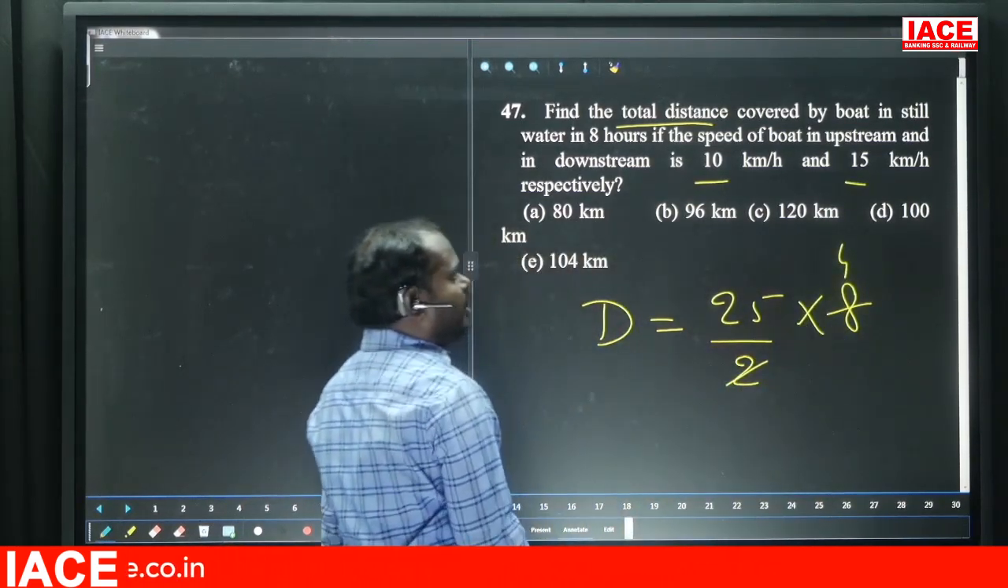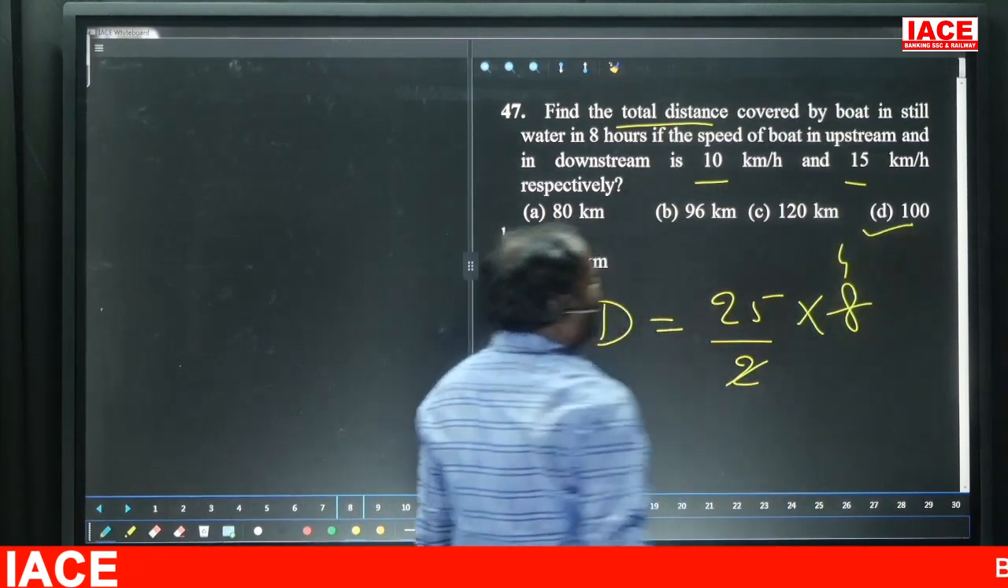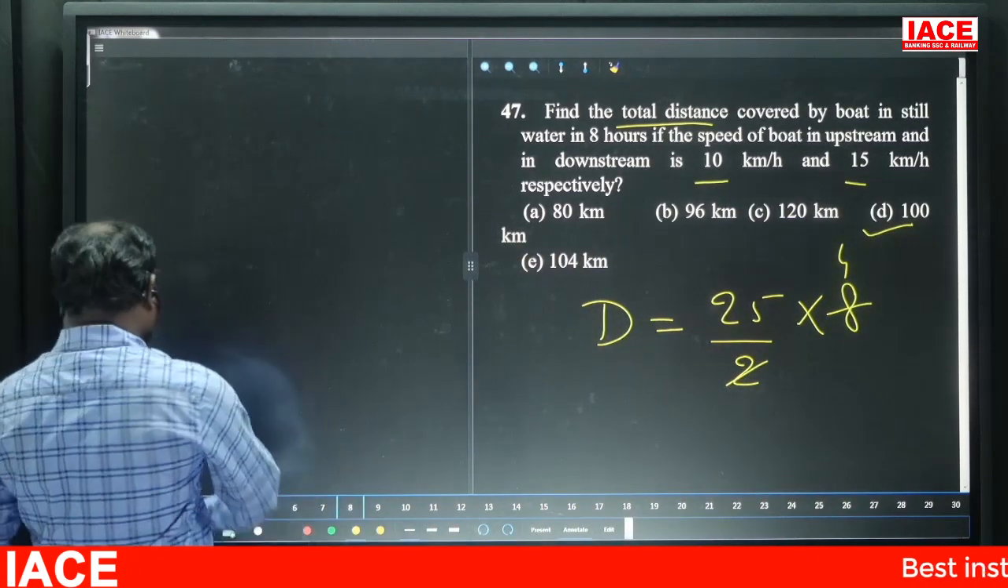So what is the answer for 25 into 4? It is 100. Option D, 100. Next,